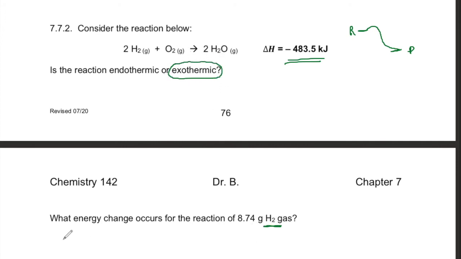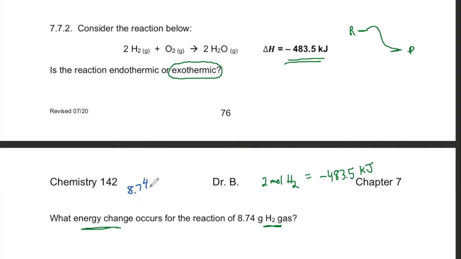The relationship between the energy change and the hydrogen gas is that 2 moles of hydrogen reacting is associated with a negative 483.5 kilojoule delta H. So using that relationship as a conversion factor, we'll go ahead and work with